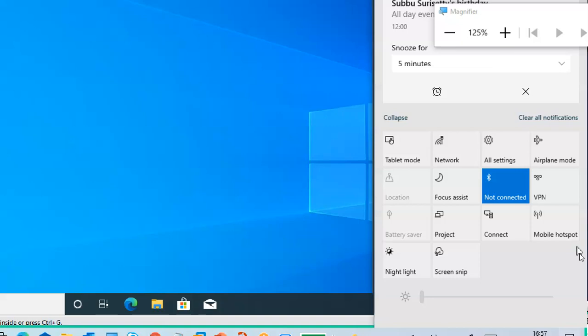Sir, is it possible if we are connected to Wi-Fi and we want to make our phone a hotspot for that Wi-Fi, to share that Wi-Fi with other devices? So incoming is Wi-Fi and you are sending from your mobile to others.